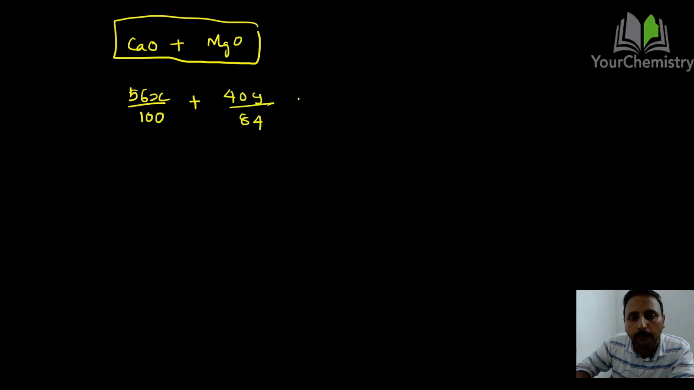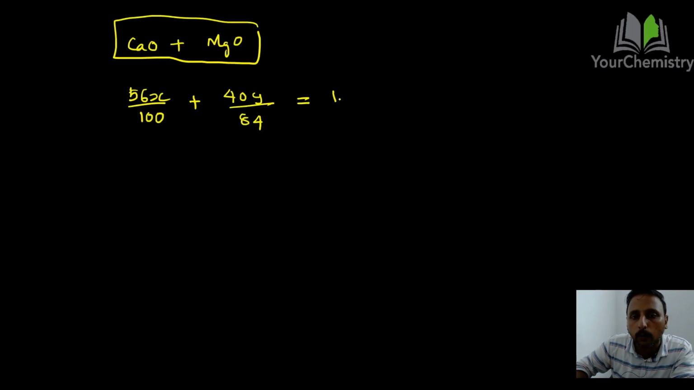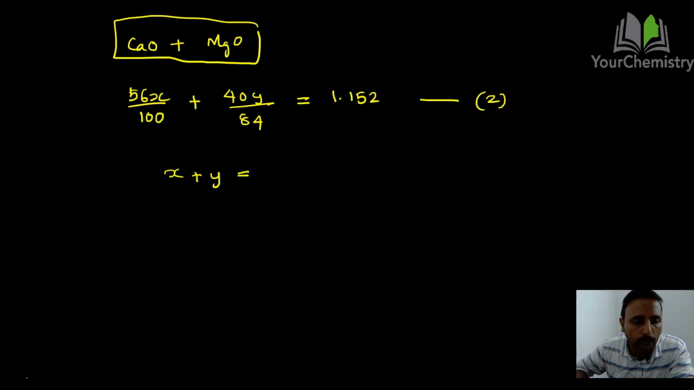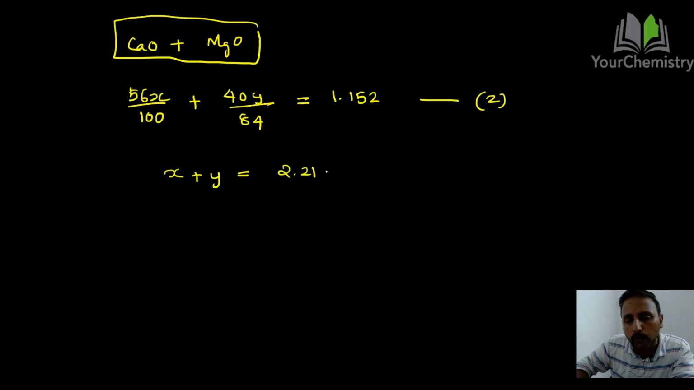And in the question it is given what is the leftover weight? That is 1.152. So this is equation number 2. And equation number 1 was what? x plus y is equal to 2.21 grams. So this was our equation number 1. This is an algebraic equation. You can substitute for y or x in equation number 2, and if you solve this equation using the algebraic method, you will get x as